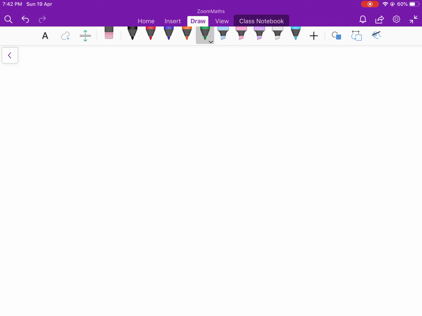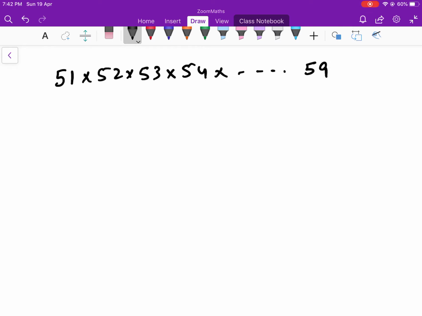Okay, let's take this number: 51 into 52 into 53 into 54 till say 59. Now you have to multiply all these numbers and find the units digit. What is the units digit? Now you see these numbers are going from 51 into 52 into 53 into 54 into 55 up to 59,